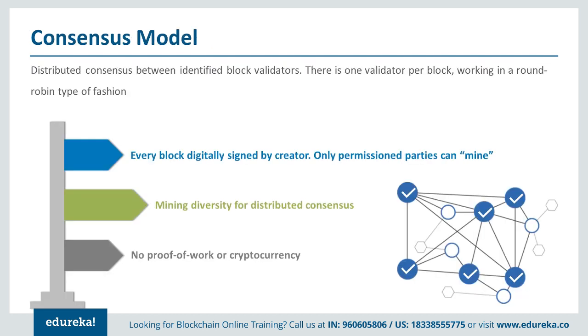Now the consensus model is based on the designated miner. If you choose a miner, he will create the blocks, and if there are multiple miners, then the miner is selected in a round robin manner. So if you have been given a chance to mine a block, then somebody else will be mining the block in the next iteration. There is no mining reward as we have in Bitcoin, because there is no cryptocurrency here. There is no native asset here.